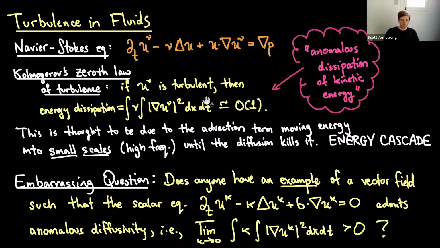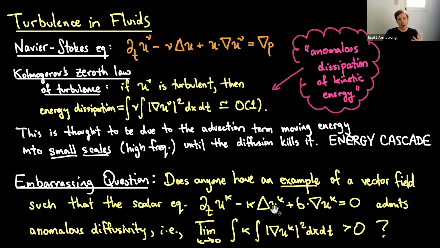And an embarrassing question for the field is, does anyone know an example of any vector field, which is a solution of this advection-diffusion equation, which has an anomalous diffusivity, okay? Now, Theo knows how to do that, I think, because in some sense, I learned about this problem from a nice talk he gave at Courant about it. But I want my b to be as close to a real fluid as possible. Okay, so I want